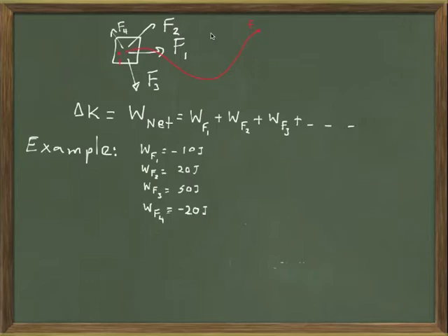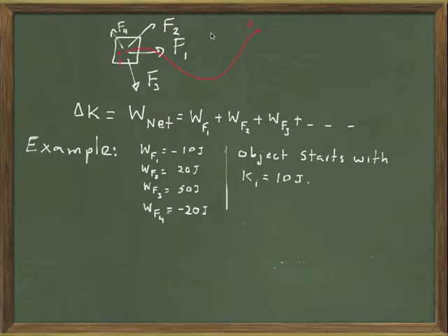And suppose that I got these results: the work done by force 1 was minus 10 joules, the work done by force 2 was 20, force 3, 50, force 4, minus 20 joules, right? So then I could ask you, if the object starts with 10 joules of kinetic energy, right, at this point it was moving already and it had 10 joules of kinetic energy, I ask you to find what's the final kinetic energy, given the fact that you already know the work done by all of the forces